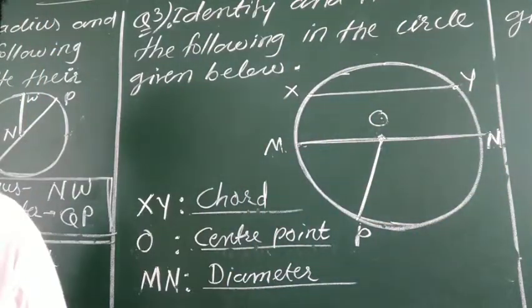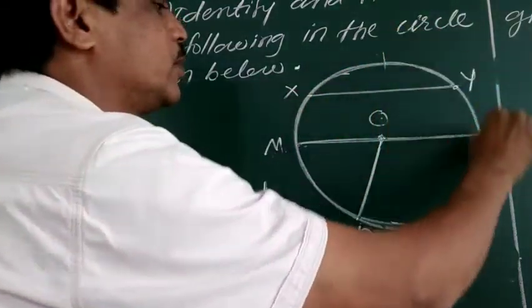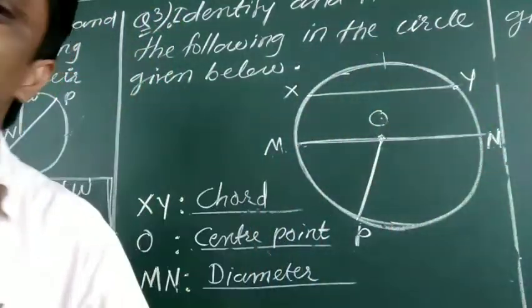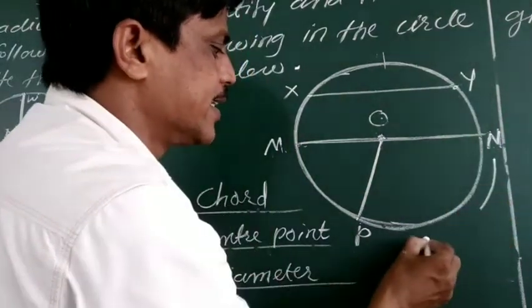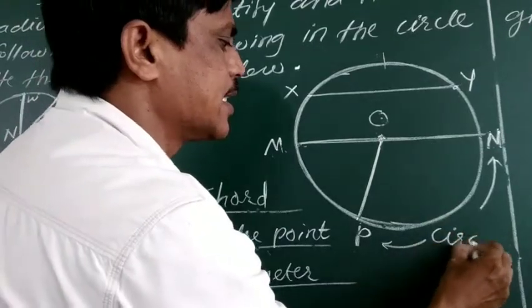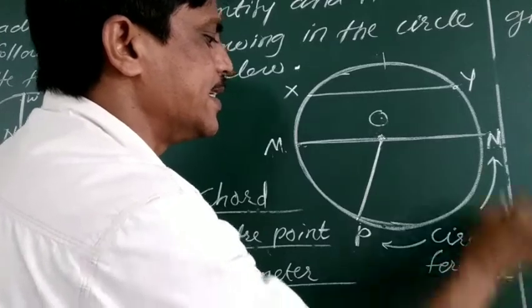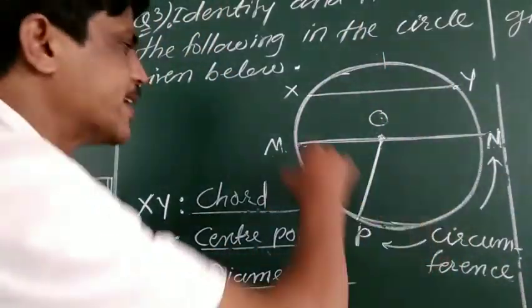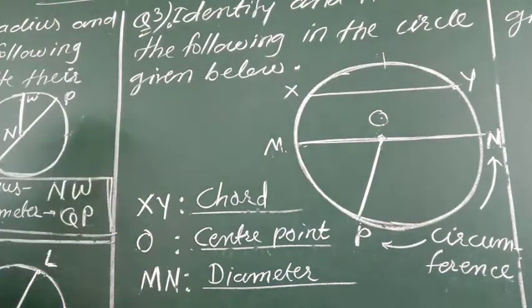So how to measure length? बेटा, you can start from any one point and then you come back from this point to this point. You will get the total length and it is called circumference. So this way you can mark here, देखिए, like that. This is circumference, the whole complete circle. Okay, so this way here we write the names of the parts.